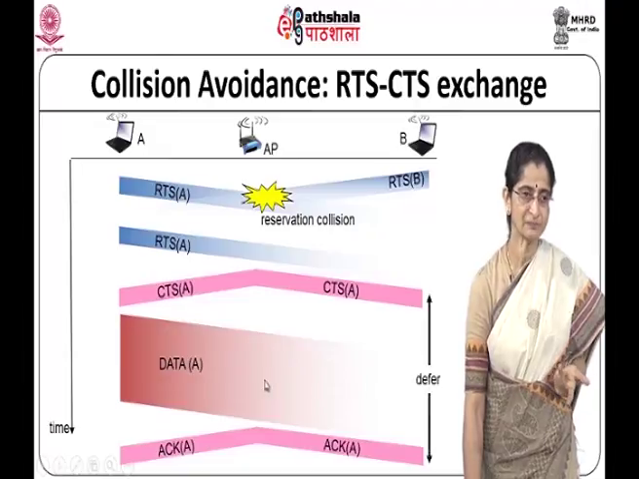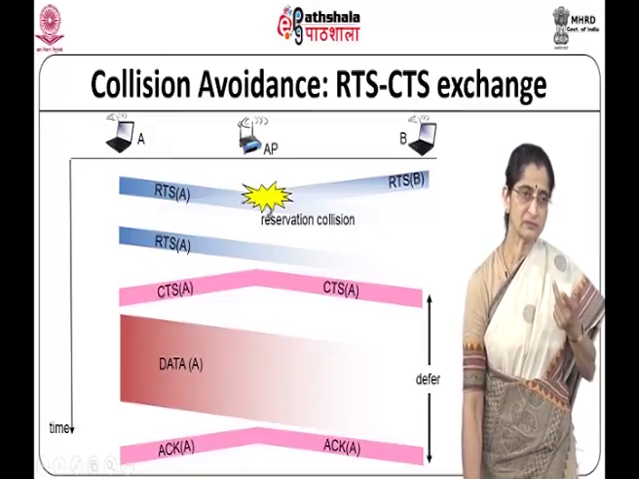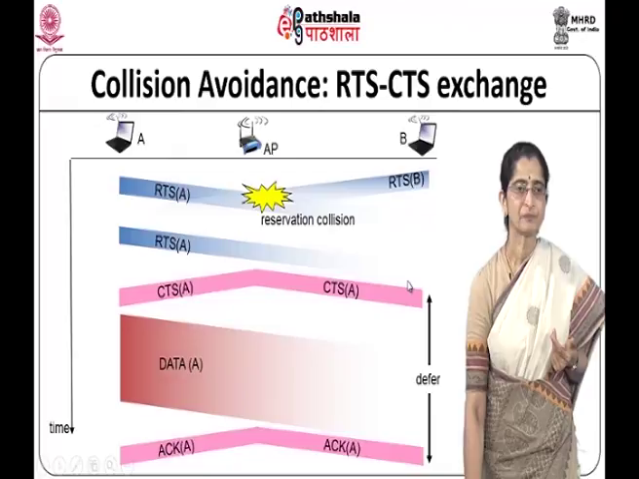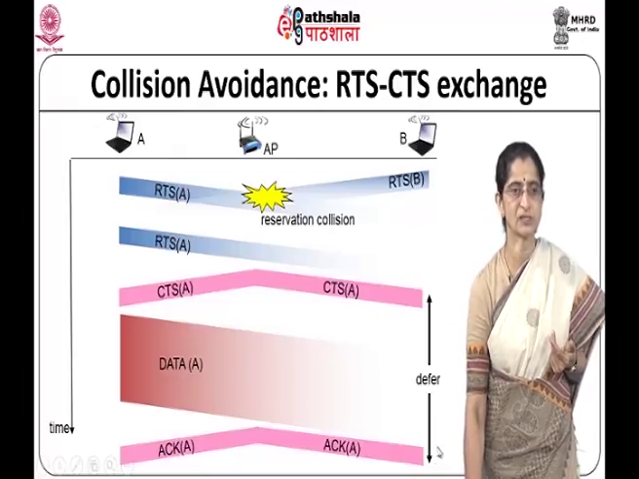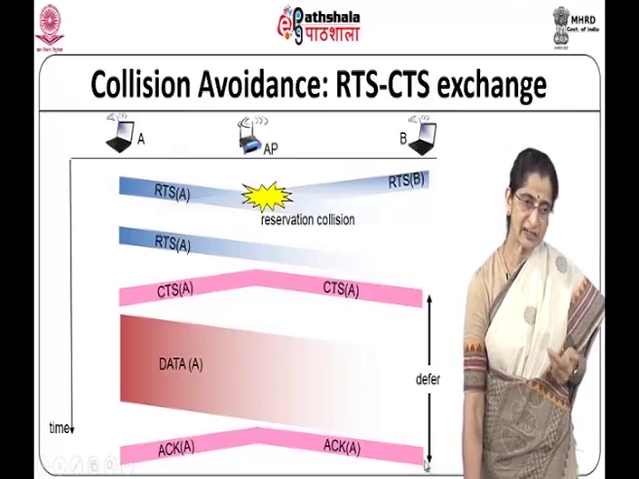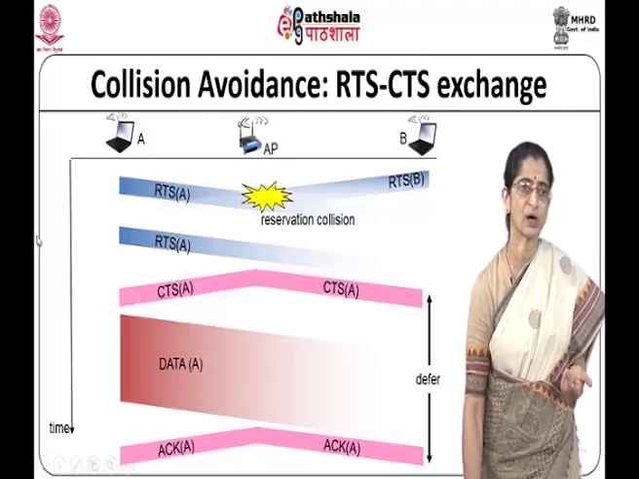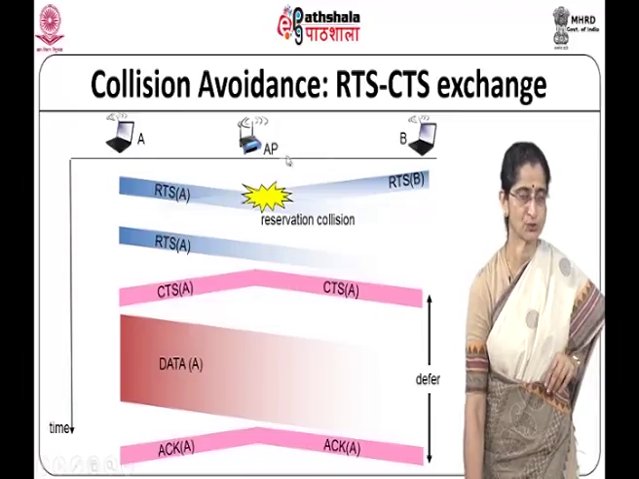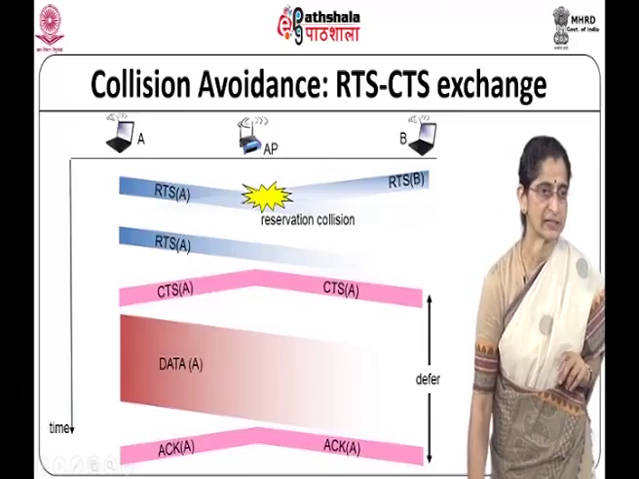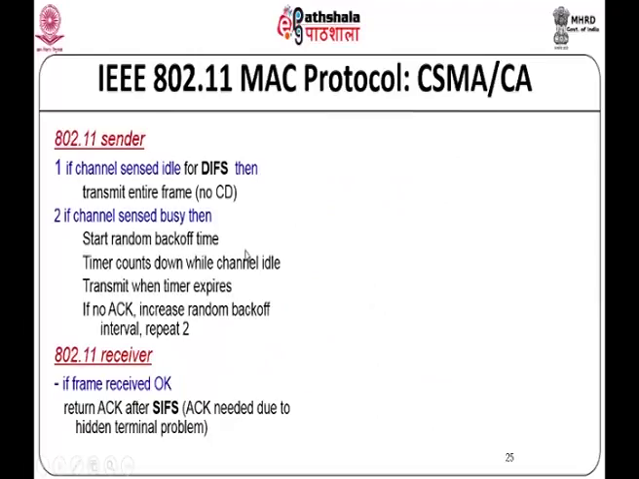Now A sends its data, right, and until the access point acknowledges, the other stations, B for instance in this case, will defer transmission, and it will try to access the channel only after this point of time. So you can see how the RTS CTS exchange helps to avoid the collision. So this is the key technique that is used. So normally what we have is this 802.11 sender, which will first sense the channel, right, and along with the RTS and CTS mechanism